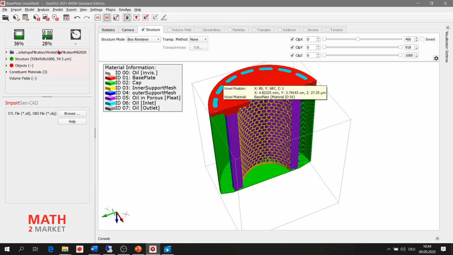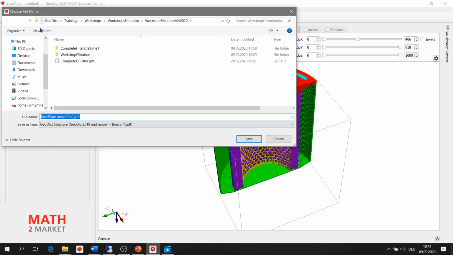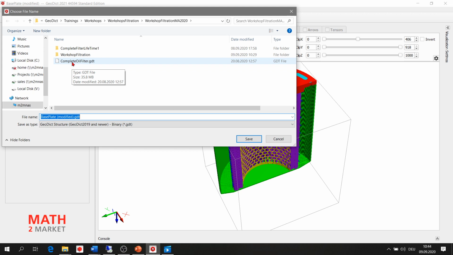What you can do before running a simulation is save your structure as, for example, complete oil filter GDT, or I can call it again as a new name.